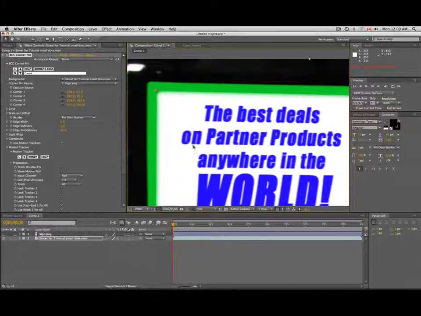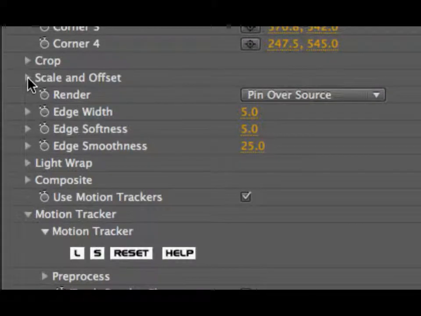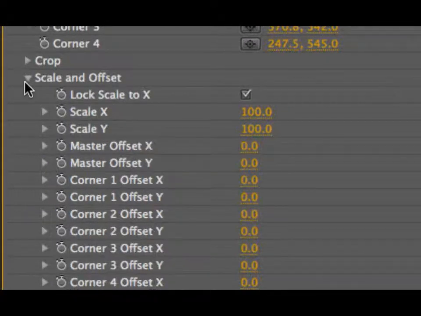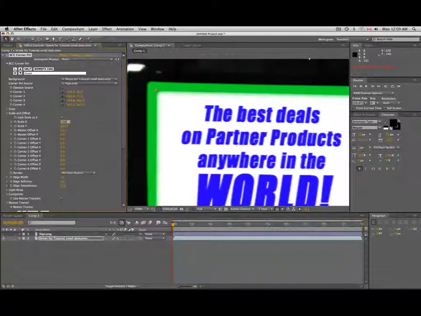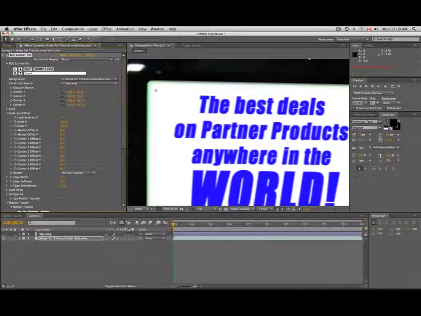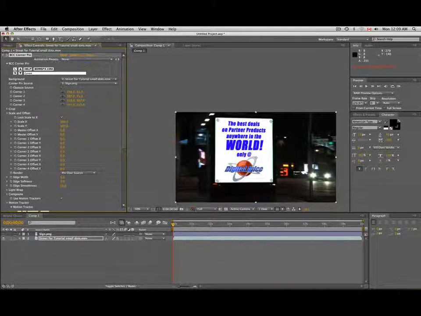And again, no surprise, we can do this from within the interface. So I'm going to come over here, and I'm going to drop down the scale and offset. Drop down, and I'm going to come down to the scale, and I'm going to punch that up to, let's just say 109. Well, that looks pretty good. I can just zoom back here. It's pretty good, but it's not dead on because you can see I can still see a bit of green